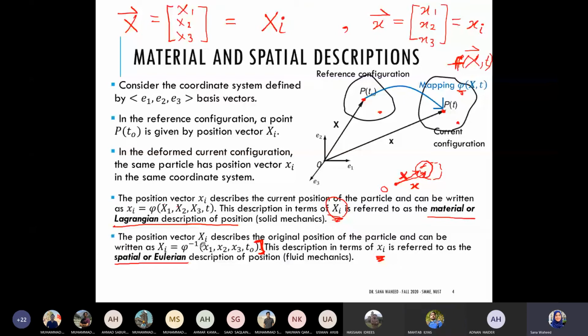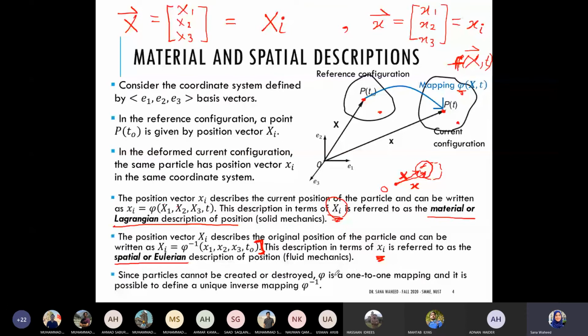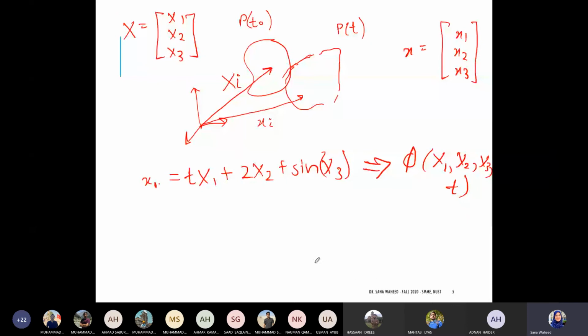ठीक है. So हसान का जो सवाल था उस पर I just want to clarify to you कि ये जो मैपिंग है फाई और इनवर्स फाई, ये सिर्फ एक 1-to-1 मैपिंग ही होगी. मतलब ये कि it is just, it's because of our description of a continuum matter, it's not possible. एक सेकंड, इसके लिए अगले स्लाइड पे जाते हैं. It's not possible कि मेरा एक पॉइंट पहले यहाँ था और अब वो आके यहाँ आ गया,